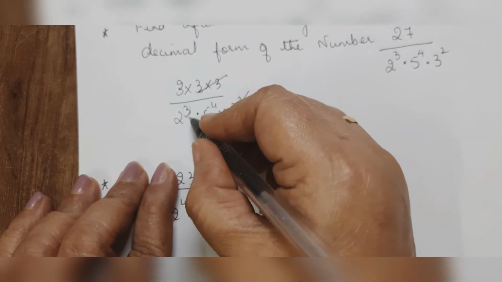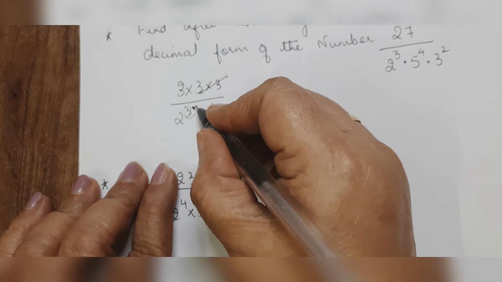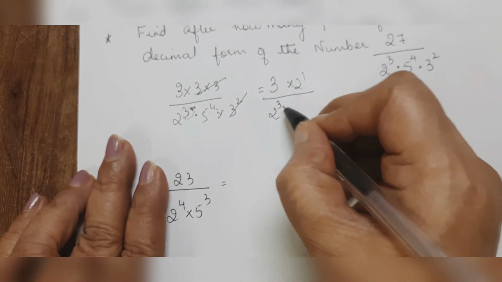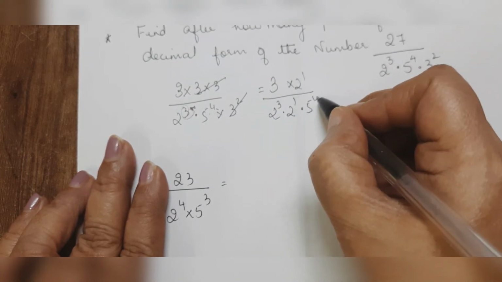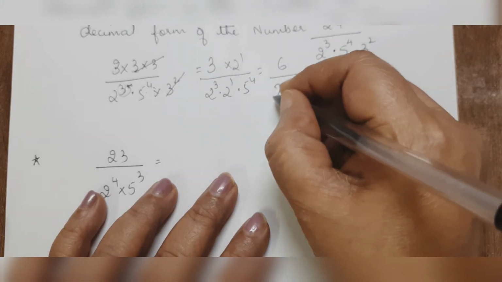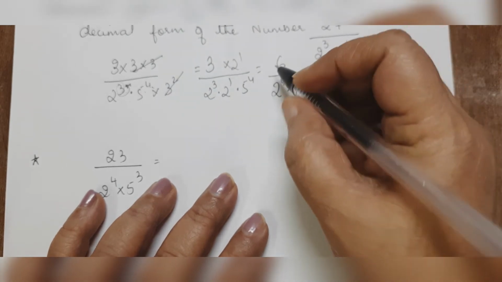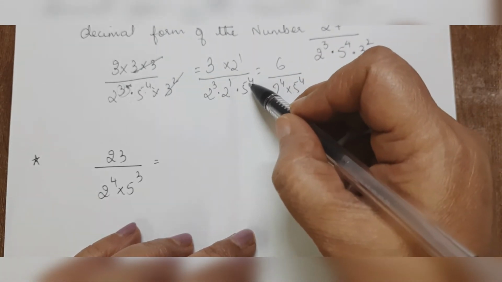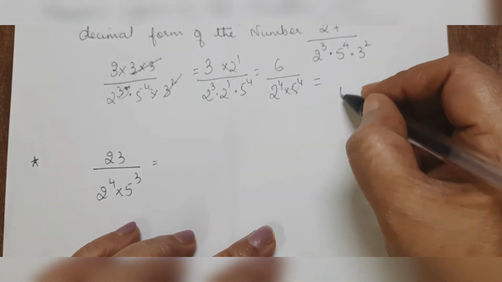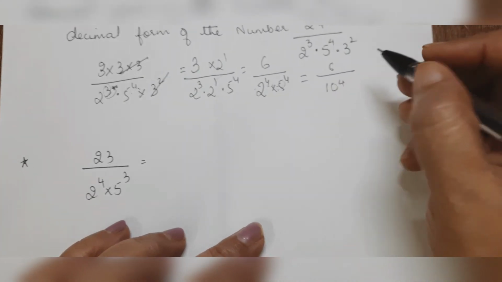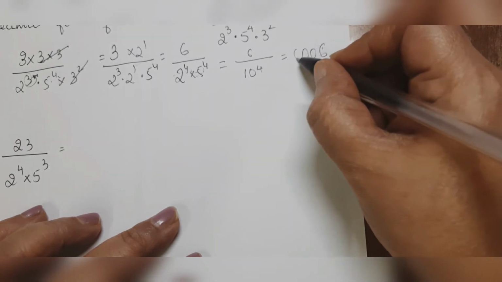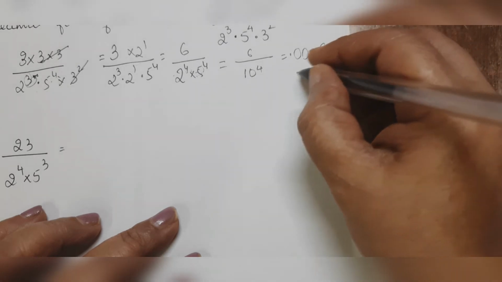Now we need to make this 4, so we need 2 raised to 1 more, that is 2 raised to 3 into 2 raised to 1, which is 2 raised to 4. So the numerator will be 6, divided by 2 raised to 4 into 5 raised to 4. Why did we make this? Whichever is the highest power, degree, exponent, take that and multiply to make both equal. The main motive is to make 10 raised to 4 in the denominator, with 6 in the numerator. So how many decimal places do we get here? 1, 2, 3, 4 places. So this will be our answer.